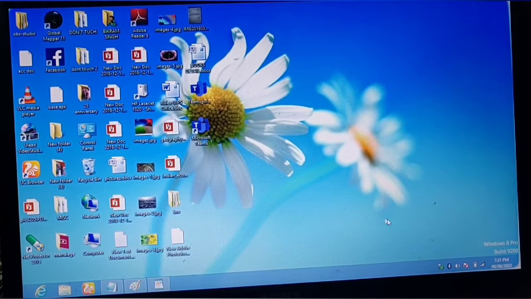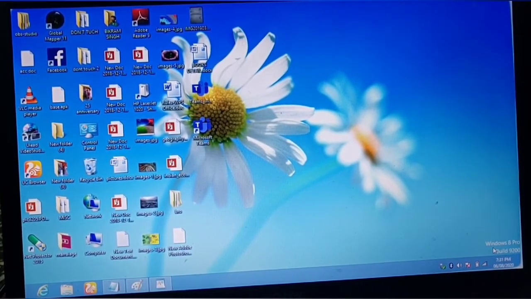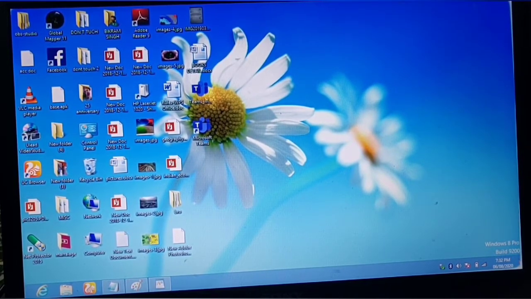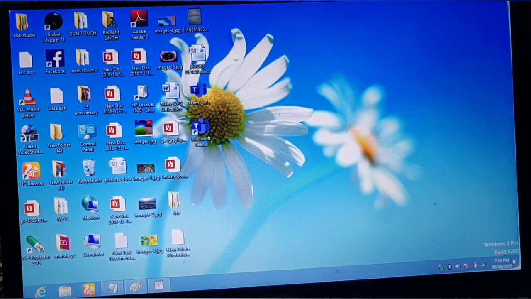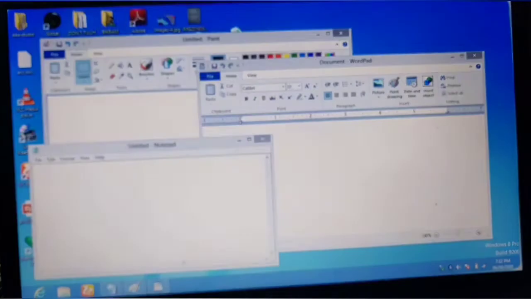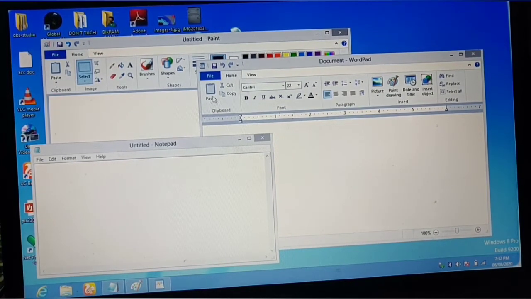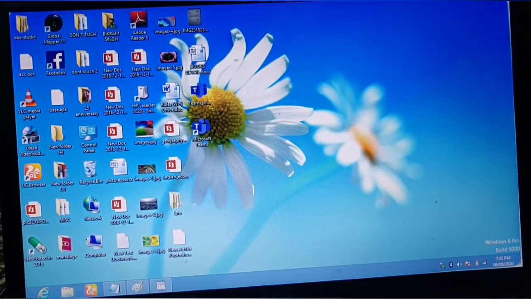Right? Now if I want all those windows to reappear on my screen, अब मैं चाहती हूँ कि वो तीनों windows एक साथ मेरी desktop screen पर वापस से आ जाएं. So what I will do, I will again click on the show desktop button. See, this is my mouse pointer. I am taking it to the right corner and now I have clicked on it and you can see that all the windows reappeared on the screen. Again, I am minimizing those windows using the show desktop button. So as you can see, I am taking my mouse pointer again to the right side. I have clicked on it and all the windows are minimized.